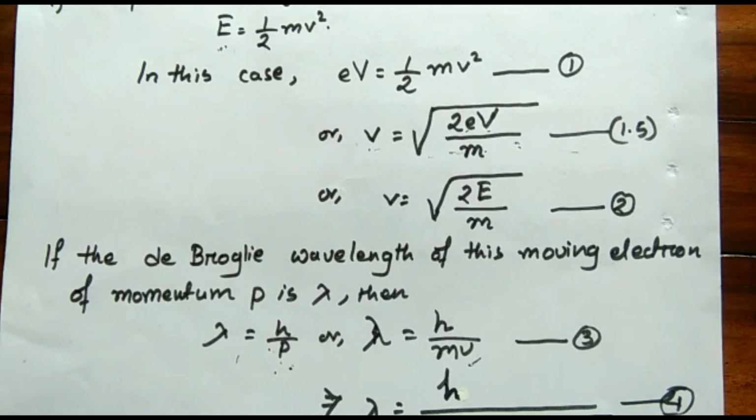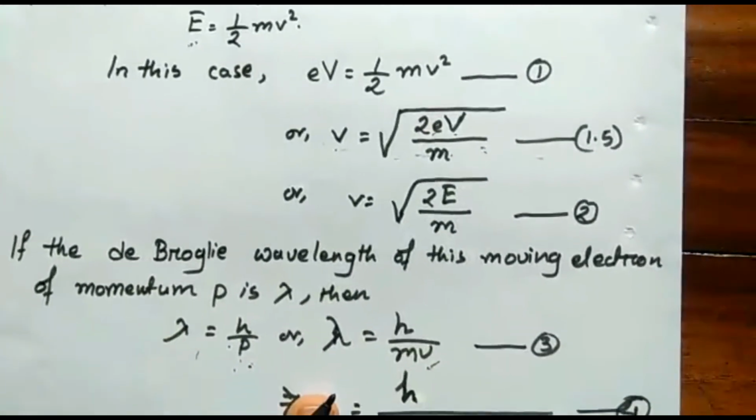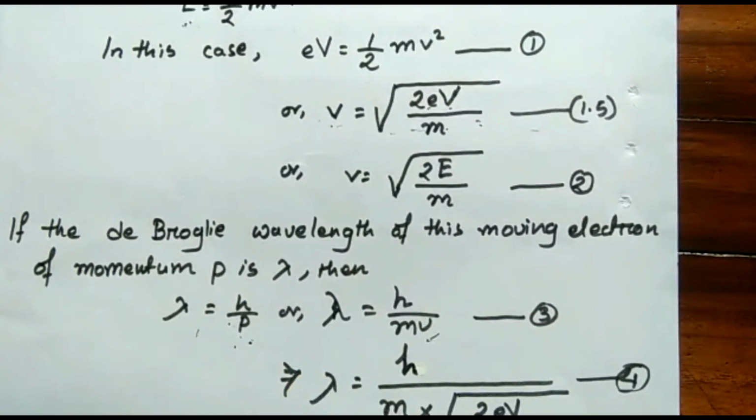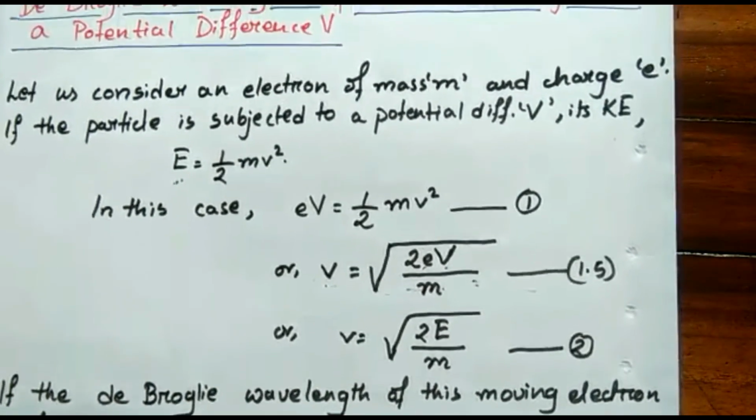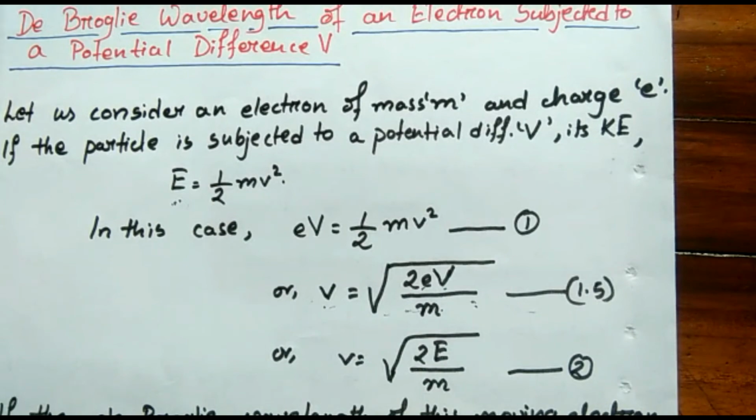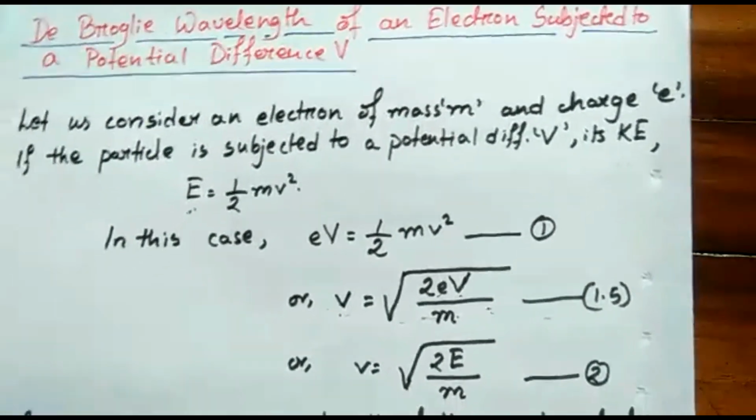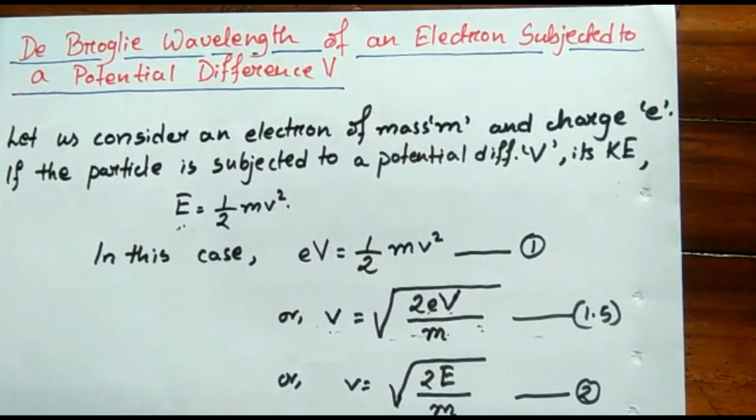Further in the de Broglie hypothesis, we have the phase velocity, group velocity, and their derivation. So in the next video we will discuss what is phase velocity, what is group velocity, and how they came into action, what is their derivation. We will discuss these topics in the next video.